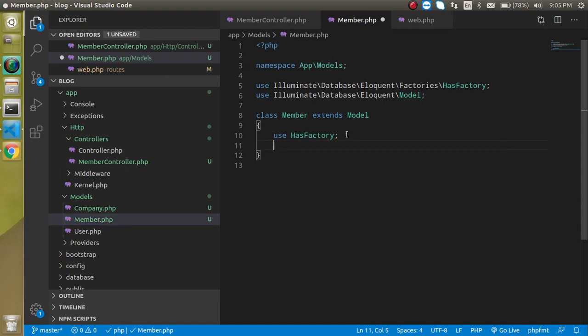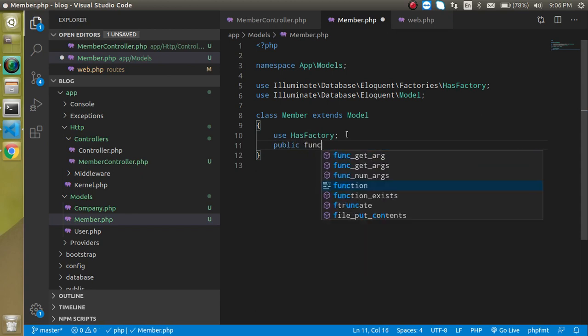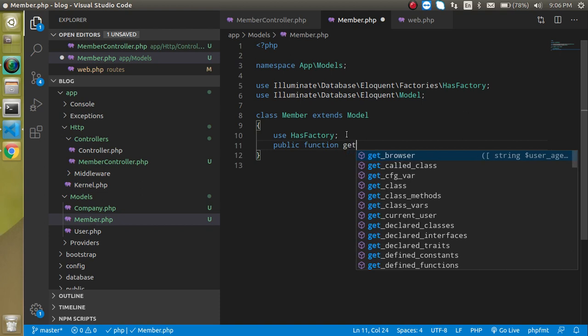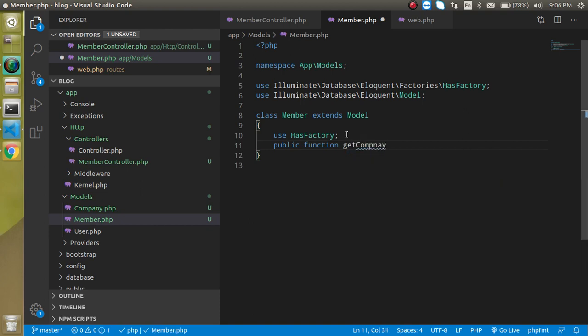simply make a public function here, and the function name can be, let's say, getCompany, right?